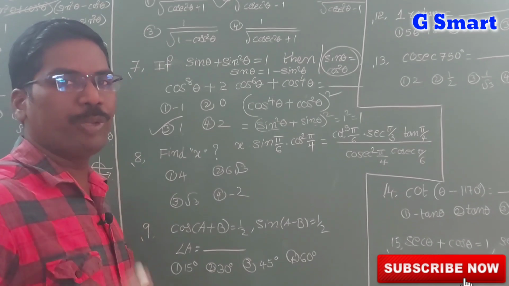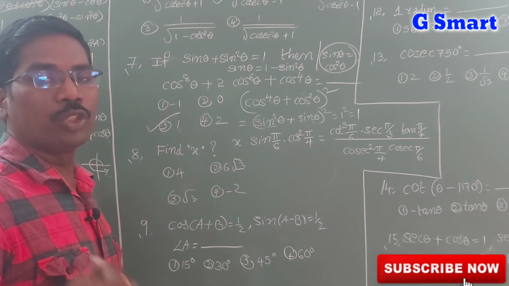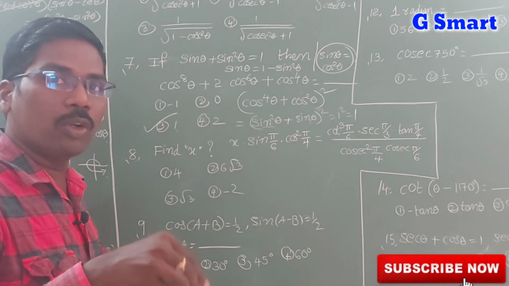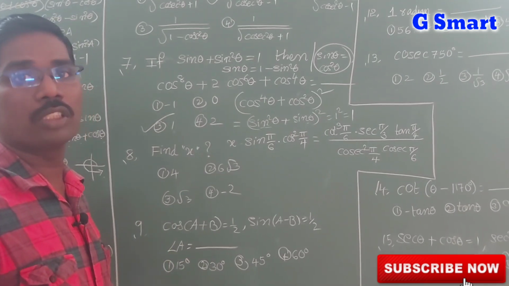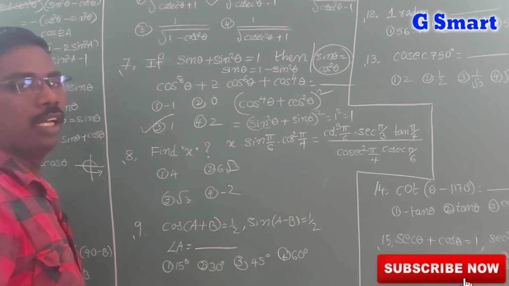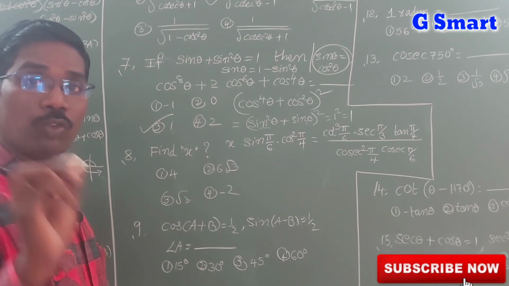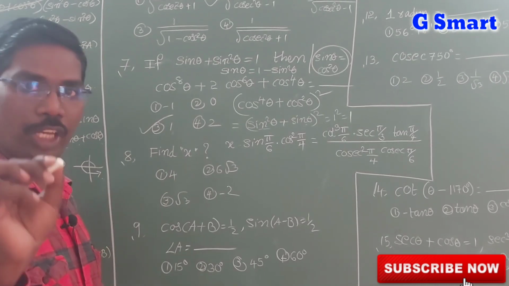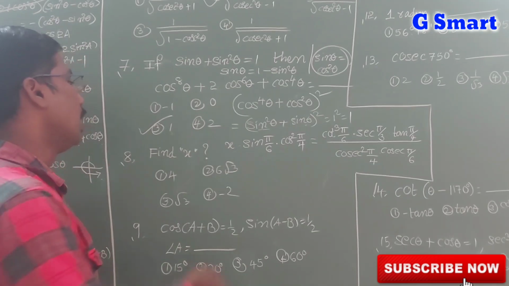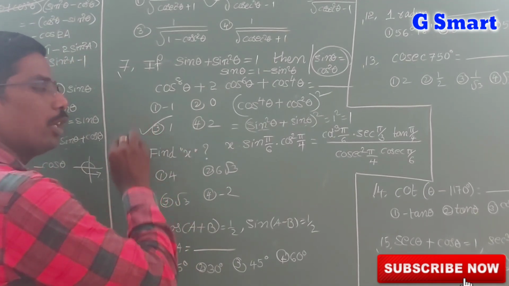In the time of lack of time, if you are getting answer 1, then immediately don't bubble 1, because that is the wrong answer. In the first option, minus 1 is there. So don't do like that. We are getting answer 1 means you have to see where that one answer is, and bubble that number. Here 3 it is 1. So option 3 we have to bubble.